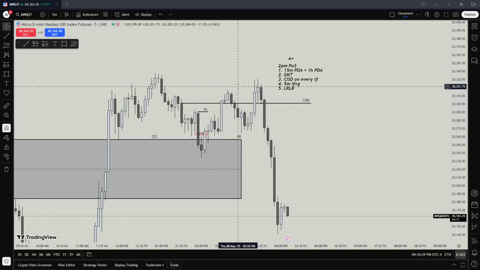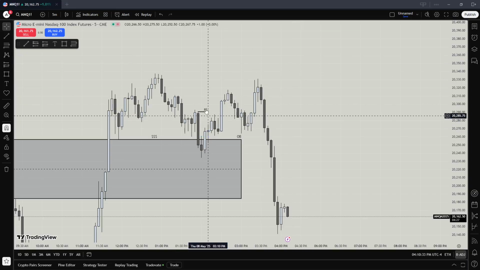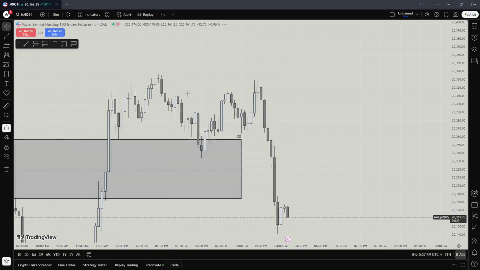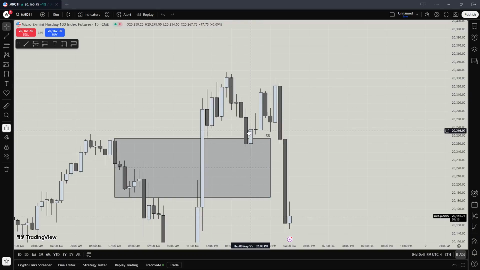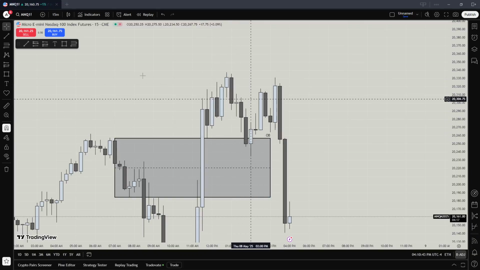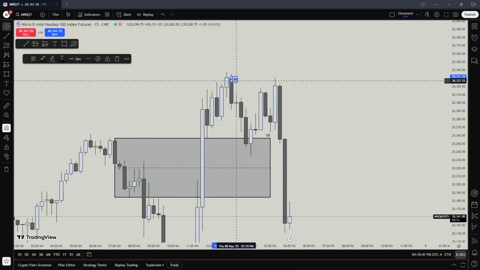I was telling myself, I didn't want the 15 minutes to get tapped before 2 o'clock. I was like, please, please, please, just generate some liquidity. And what did it do? Slowly chop down, right? Till 2 o'clock. I wanted to see it slowly chop down because if we would have had just a gigantic candle like this,